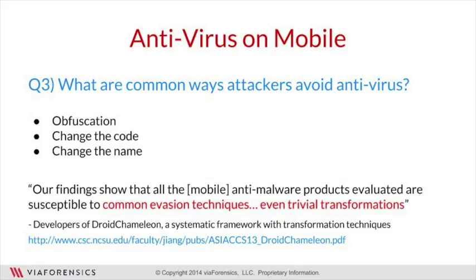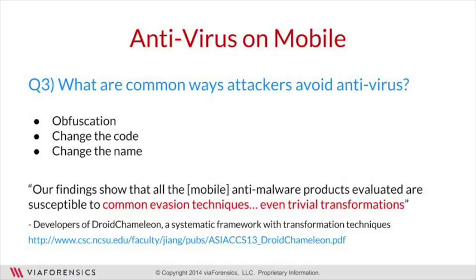You can also use native code. So many people are familiar with the fact that Android apps are written in Java and then they're compiled into this APK. Well, in fact, Android apps aren't only written in Java. You can write the code in C, in very low-level code, and you can apply quite a bit of obfuscation to that code and simply compile that into the APK. So analyzing things at a Java level is not going to identify all that an app does at the lowest level. And so what an attacker can do, or a malicious developer can do if they want to hide what an app does,